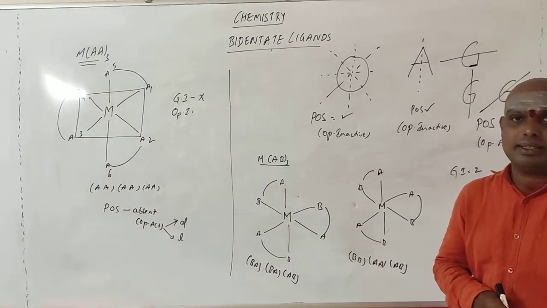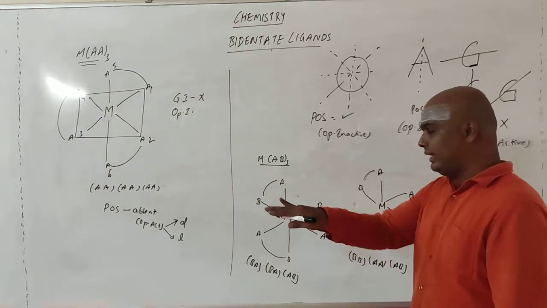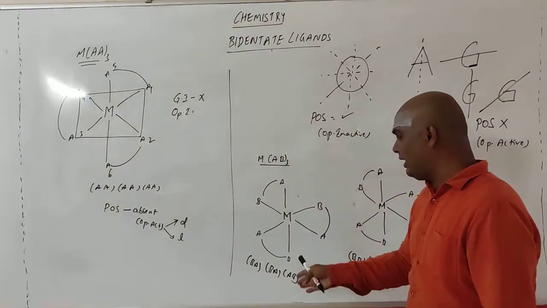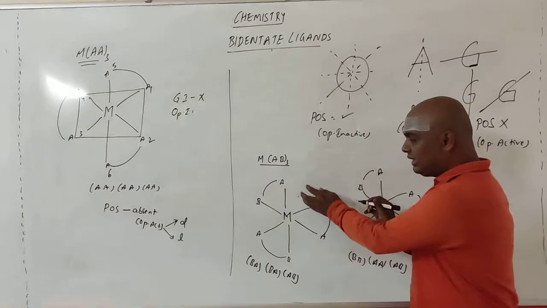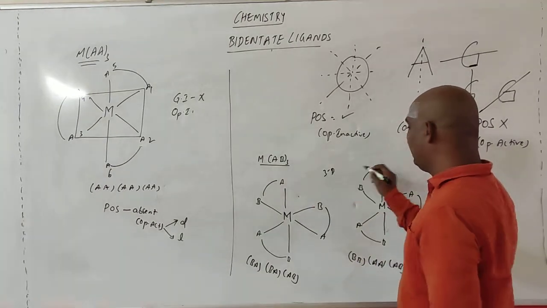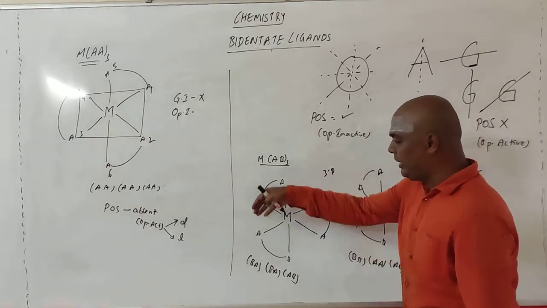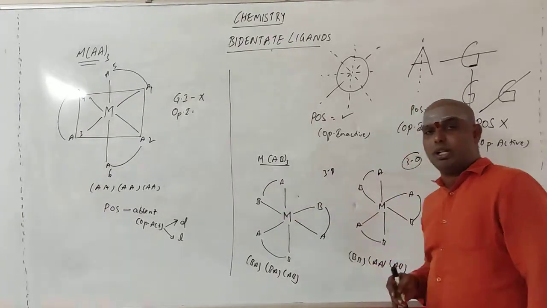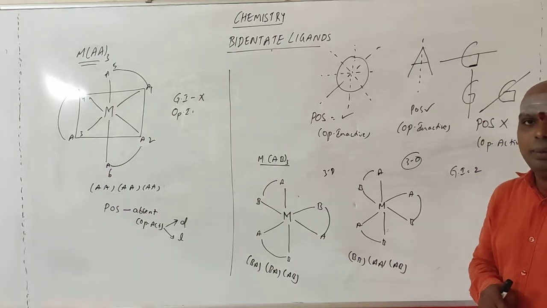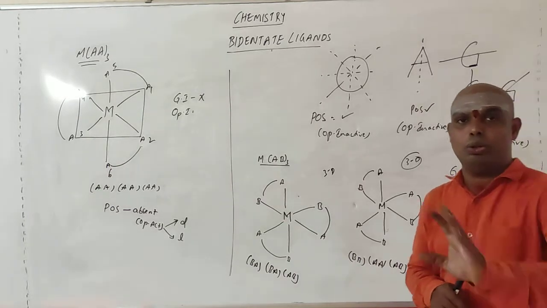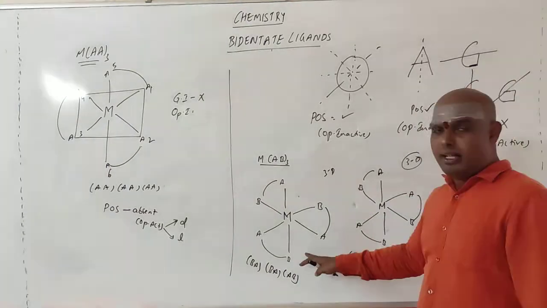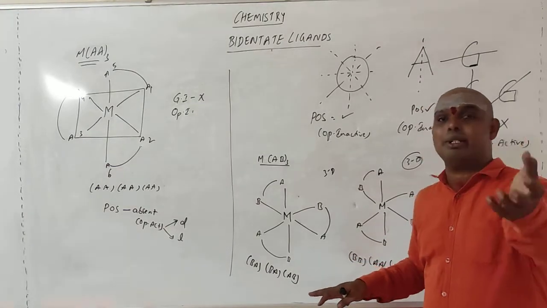Optical isomers. See, we can cut this plane like this. Don't think that this entire half is the same as the other half. This is a 3D structure, and this is also a 3D structure. Don't think of it as 2D. If I bisect like that, here B is the A, B is the A here, so the molecule has a plane of symmetry. Don't go by the pattern, because the other one doesn't have a plane of symmetry. It is a three-dimensional molecule.